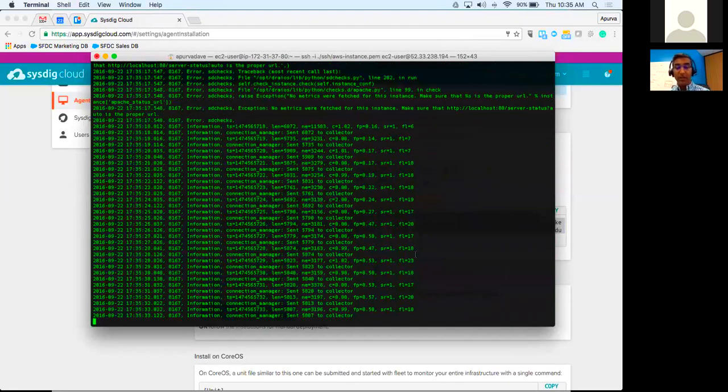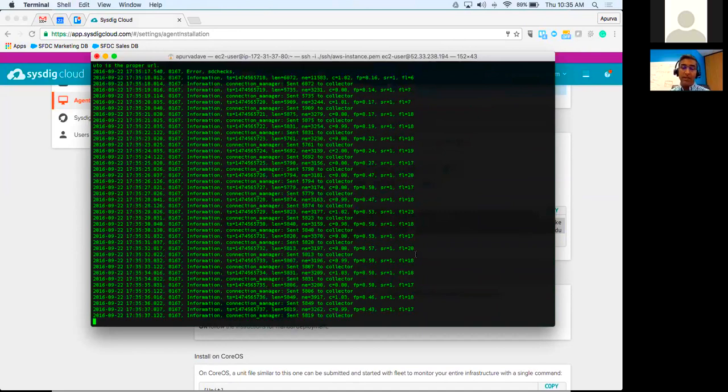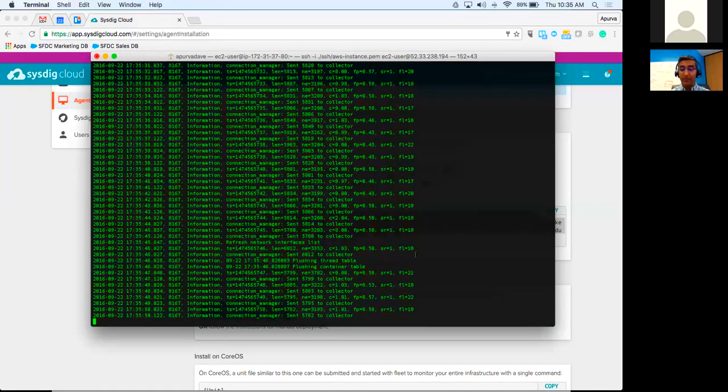Now, what's cool here is this methodology for what I've shown you is all we need to do in order to collect information about the containers, auto-discover applications, and auto-collect custom metrics like StatsD and JMX metrics.